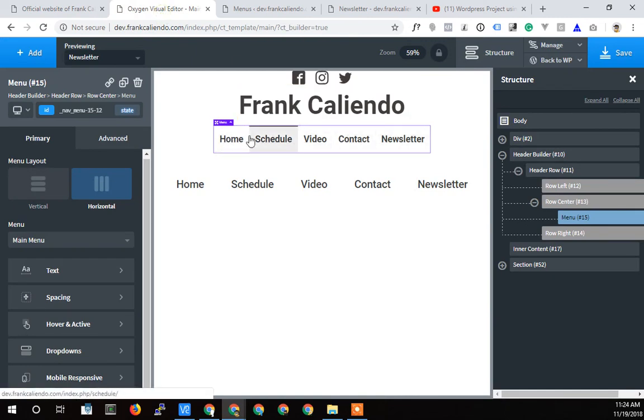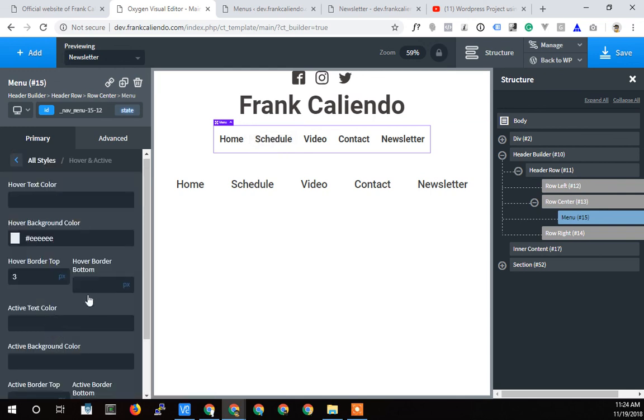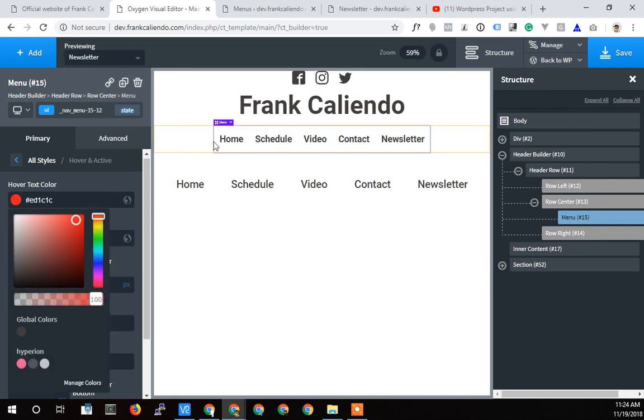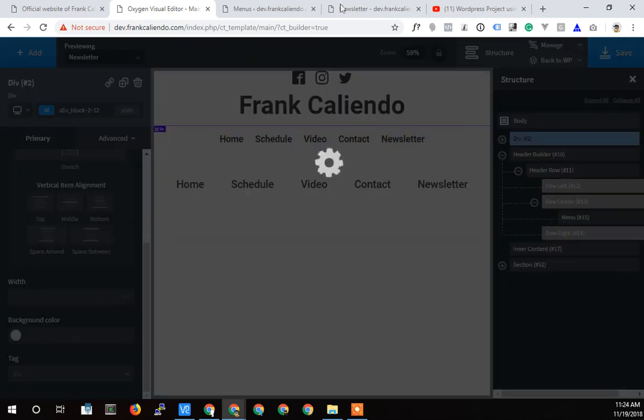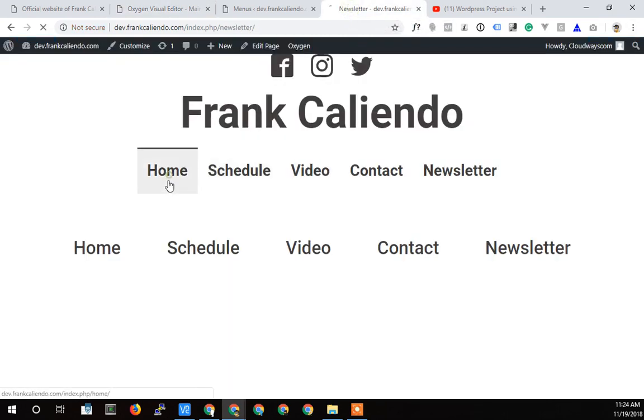And I could easily style that with some more color, using this stuff over here, the hover and active. Again, the hover text color, right? It turns red when it turns that. So you can play with all kinds of stuff. Oxygen makes it really easy to edit visually. So again, I think I saved that already. But now all my pages are all the same because they're all just using the default